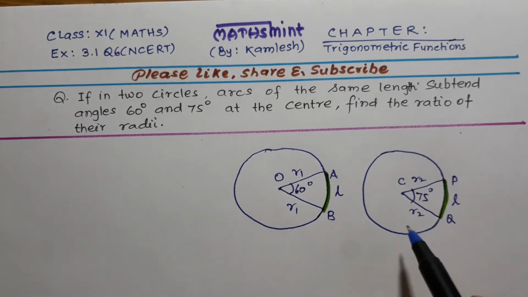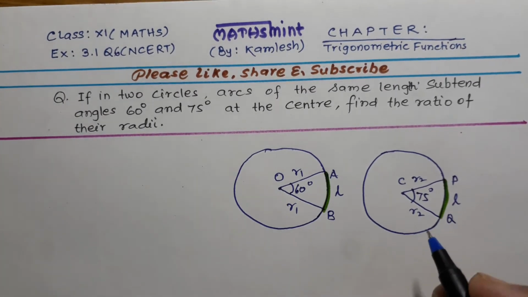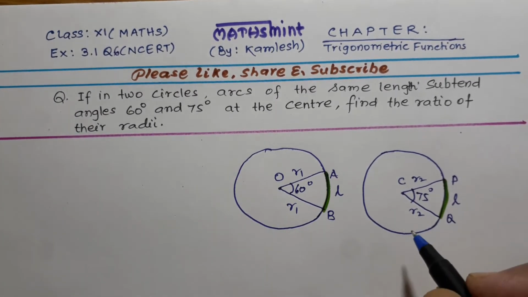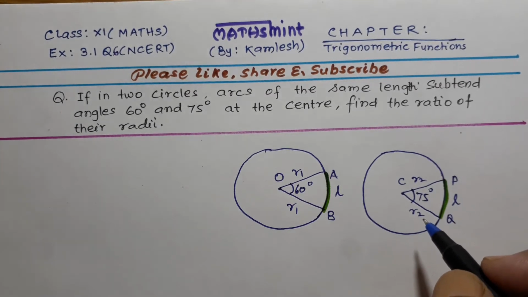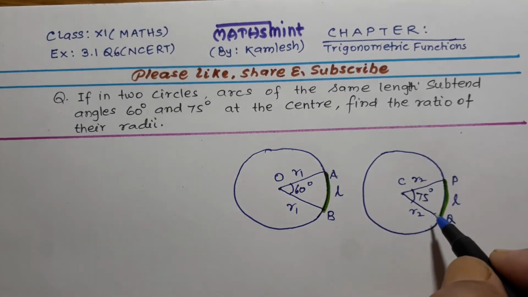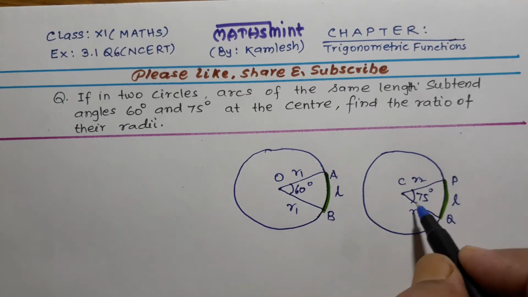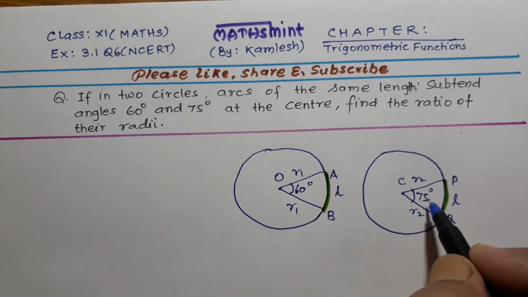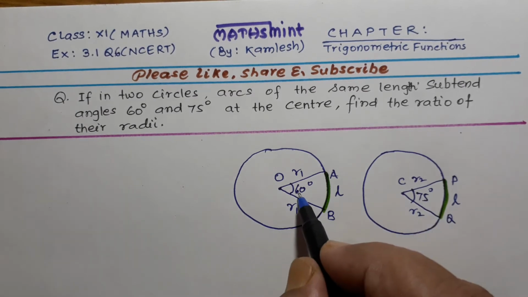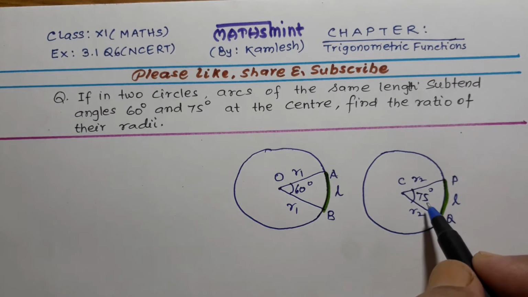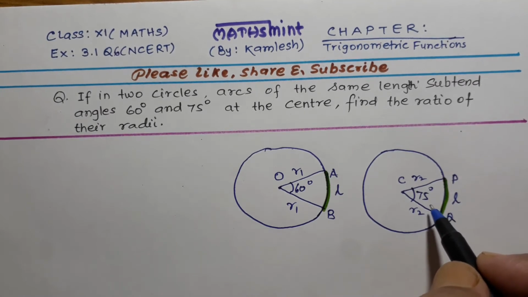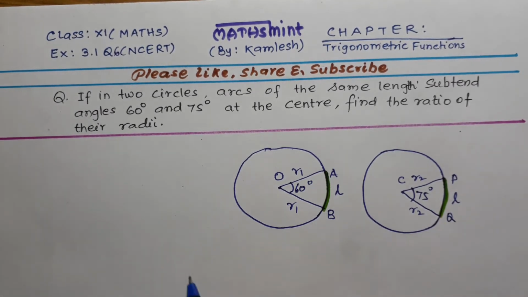For this, which formula shall we apply? We shall apply L is equal to radius into theta. This is 60 and this is 75. These both are considered as theta, but theta is always in radian, and here it is in degree. So later on this 60 degree and 75 degree will be changed into radian. Okay, so first of all we shall write,